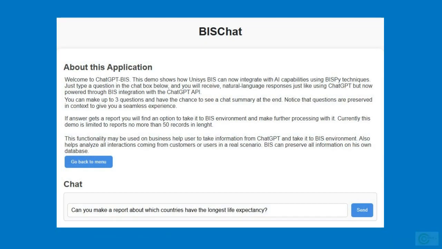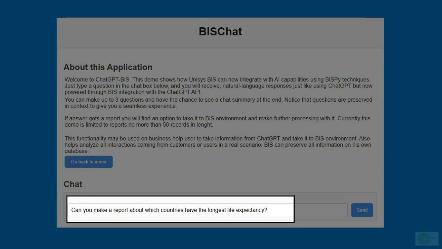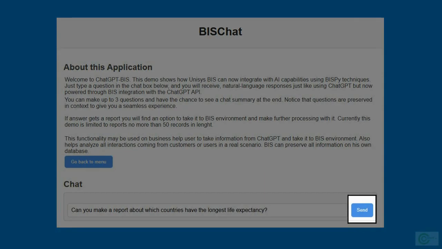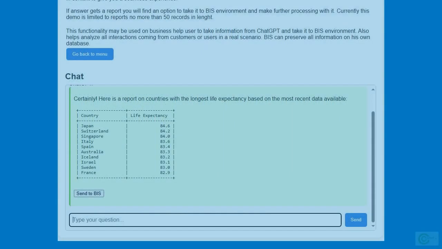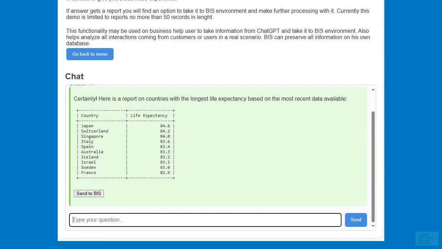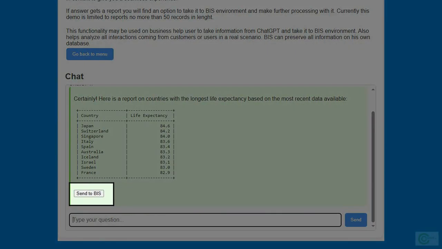For example, can you make a report about which countries have the longest life expectancy? A window will appear indicating that the question is being processed, and after a few seconds, the report and some observations will appear. Just below the report, a button is automatically generated that allows you to upload report results to the